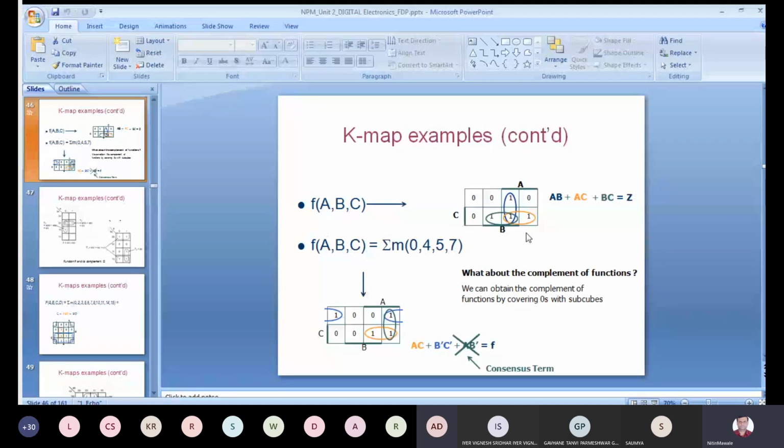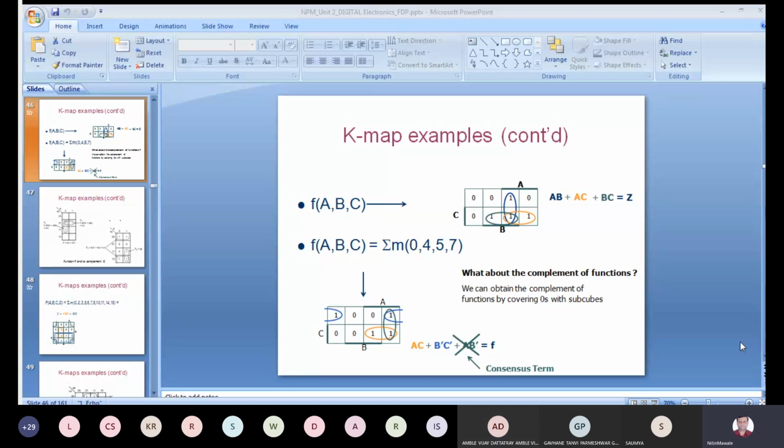Sir, hello sir. Yes. Sir, is it okay that we are not filling the zeros or ones in SOP and POS in K-map in examination? Yeah. See, if you are solving SOP, just enter 1 only. There is no need to go for 0. If you are solving POS, there is no need to go for 1. You have to enter only 0. Sir, but whenever in examination... No, not required.